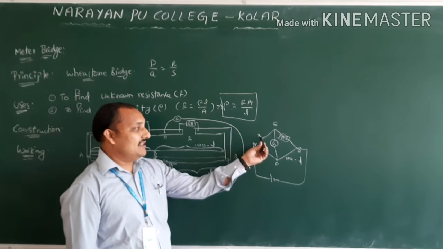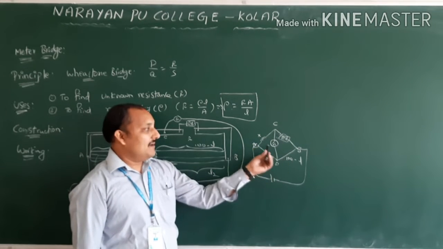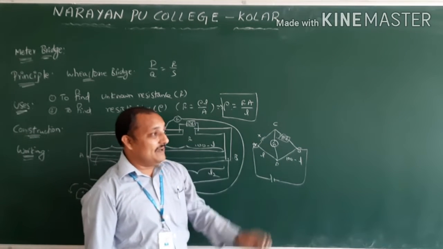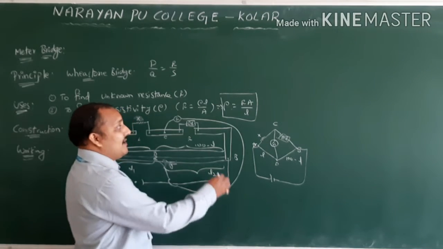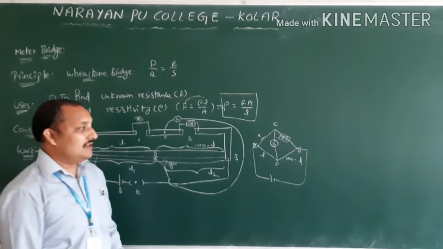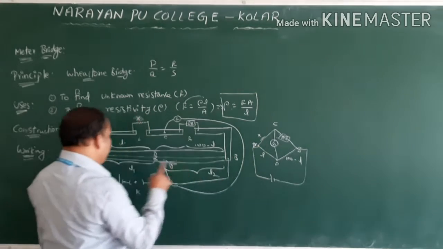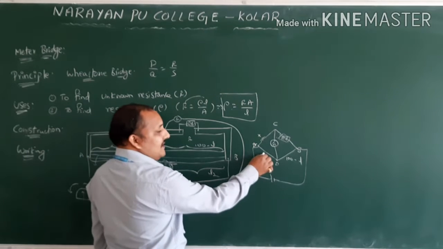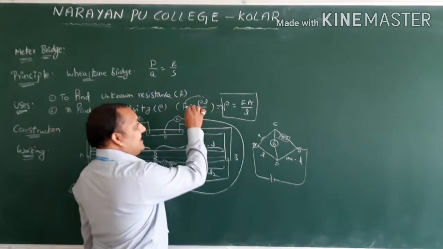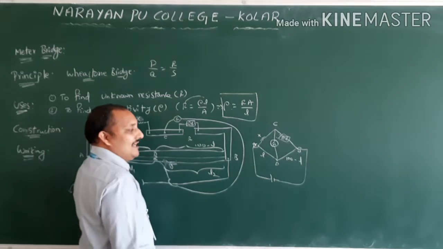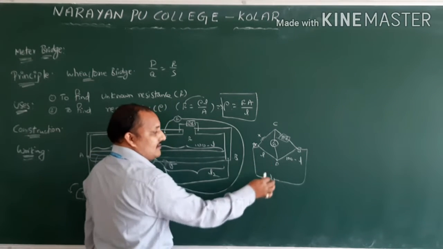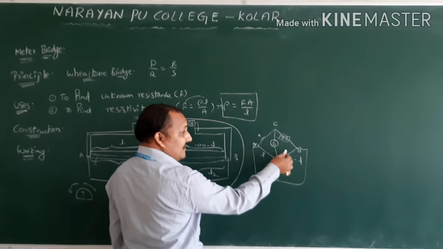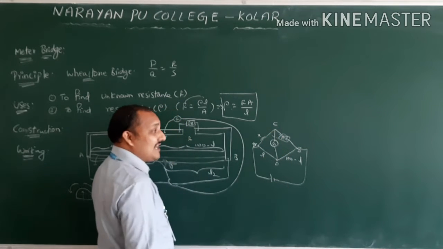At that time we have written this as P, Q, R, S. P and Q resistances are there. Then how will these AD and DB be resistances? You already came to know resistance is directly proportional to length. So the wire from A to D will have some amount of resistance, and DB also has resistance. When the balancing condition comes, the amount of current flowing through the galvanometer is